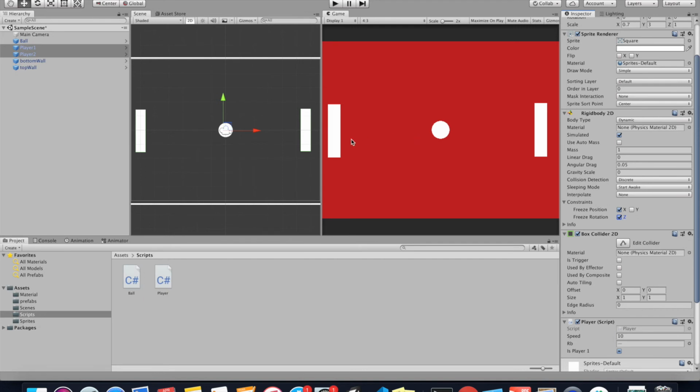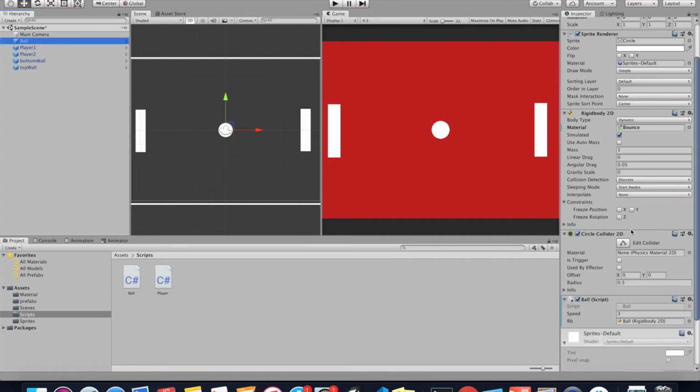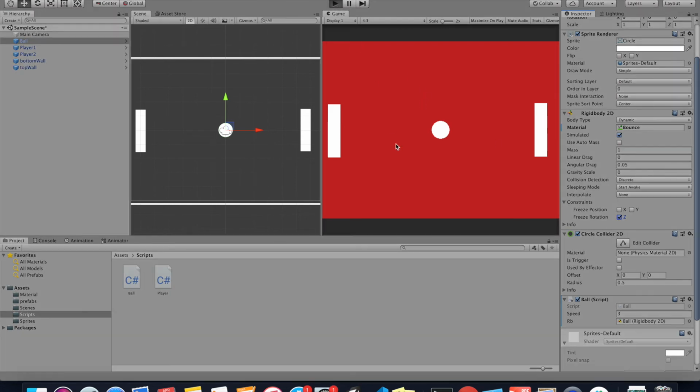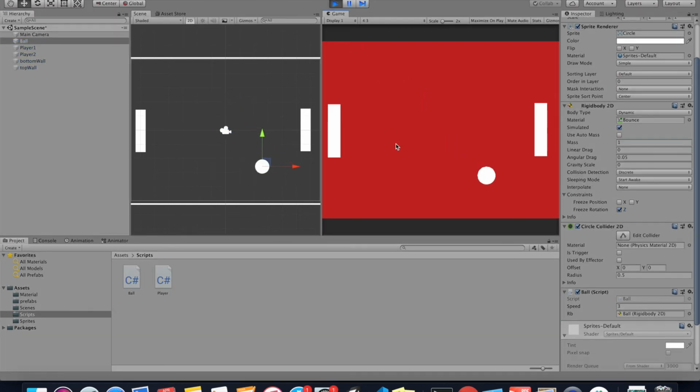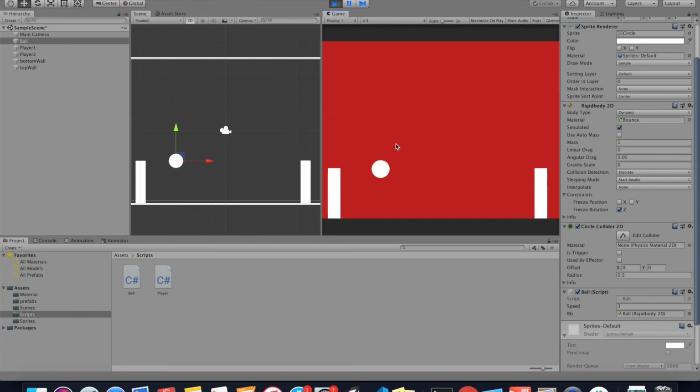Because we have collision detection, as soon as a collision occurs, the ball is being forced back due to the rigid body, because we have attached physics to our players. So this should fix it. And also let's freeze z position for our ball as well. So now if we play, yes,